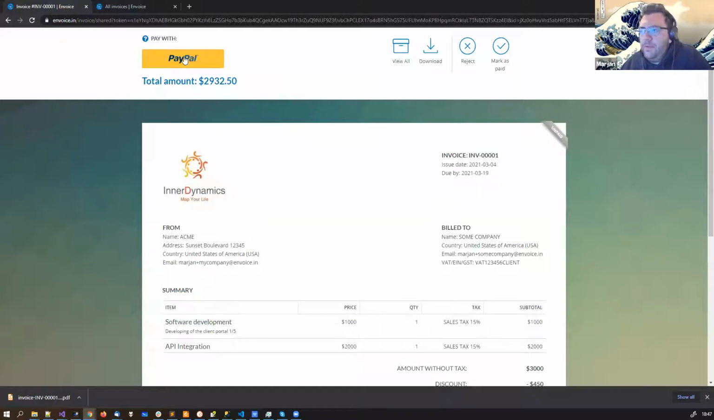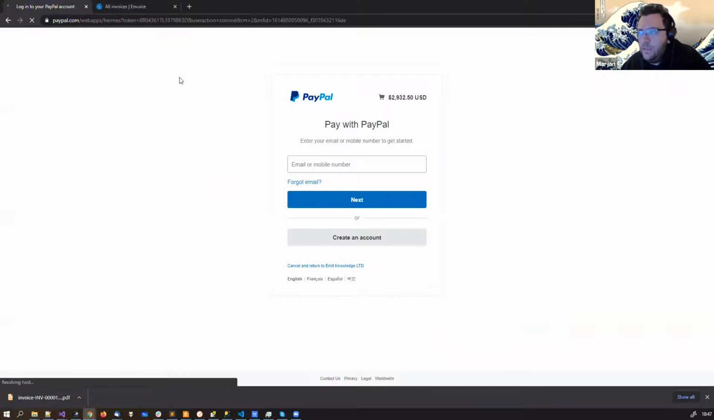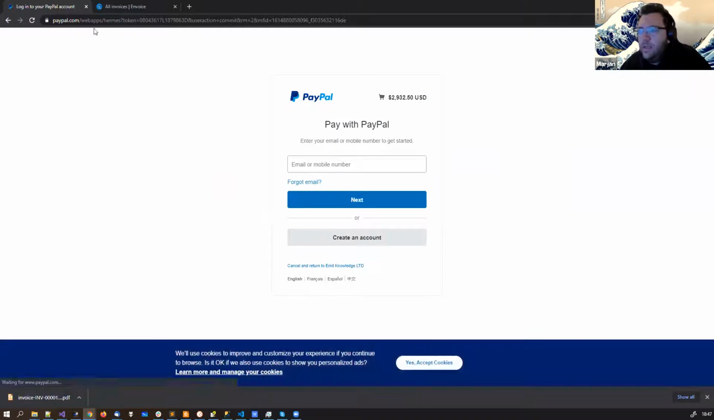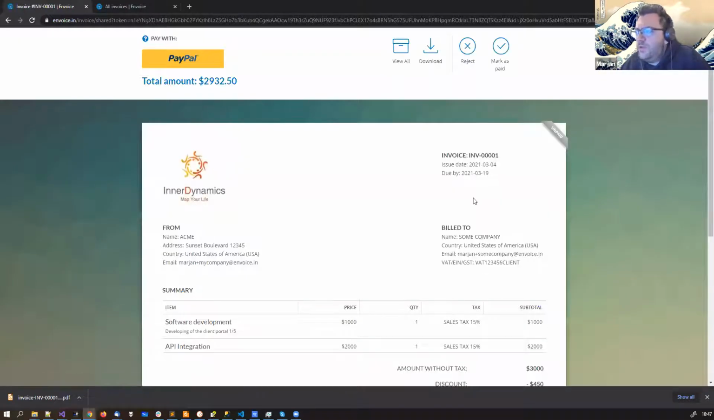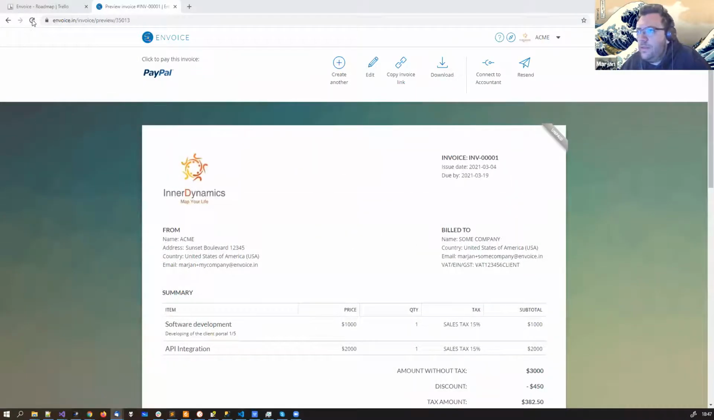Regarding the payment part, it depends on the payment gateway. Each of them has a unique payment experience, but let's say in our case with PayPal, as you can see, the amount is listed. We can log in via PayPal and, of course, pay this invoice. The invoice will be automatically marked as paid. Now, the interesting part, if we go back and refresh the page,